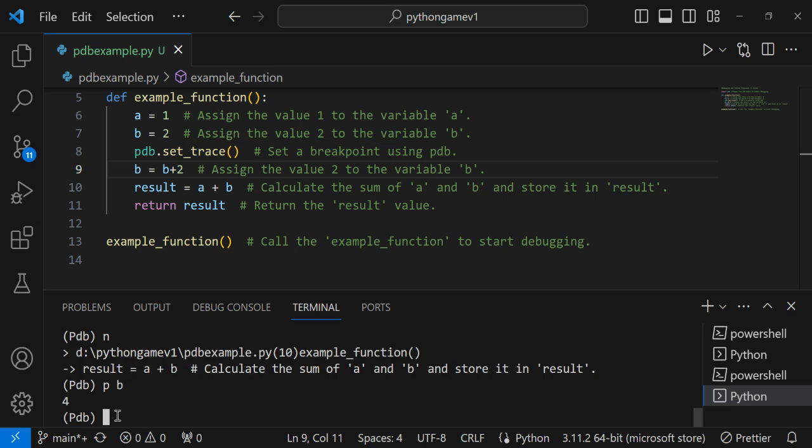In the same way, at whatever point we want to find out, we add a breakpoint using the PDB library, the Python debugger. The syntax is set_trace, to set a breakpoint using PDB. Next is, if you want to check the